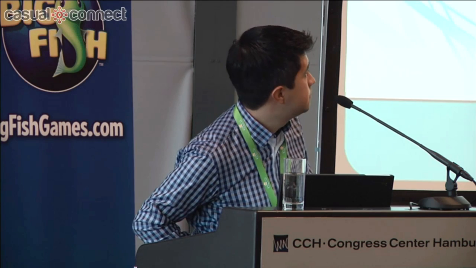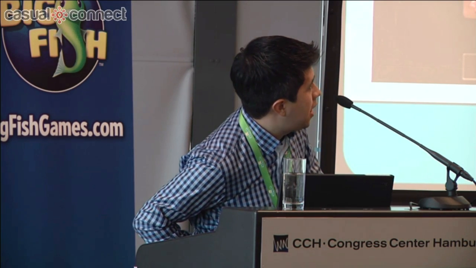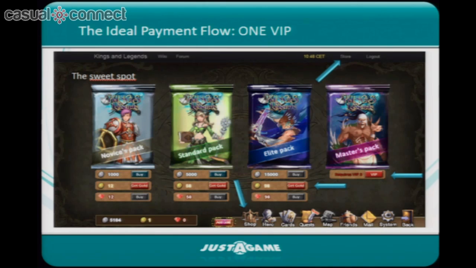And last but not least, even if you have users in Indonesia, let's say, or in Latin America, it is convenient for users if you offer Mexican pesos or Malaysian ringgit, but it's not very convenient for you because you get some funny exchange rates. So you have to make sure you use at least dollars or euro or GBP or powerful currencies. So this is where I have located that our sweet spot is for our newest game. It's called Kings and Legends.